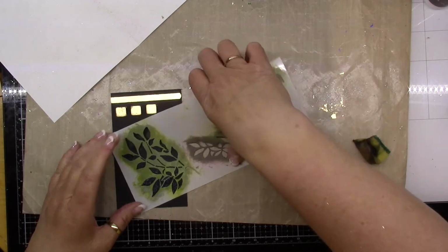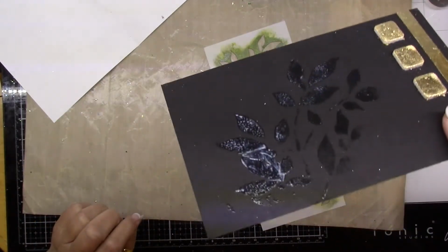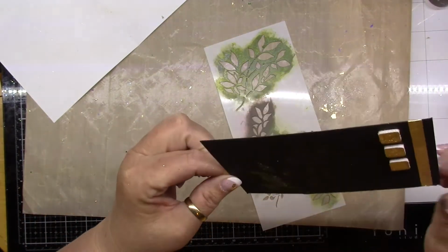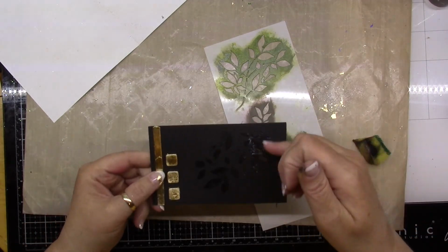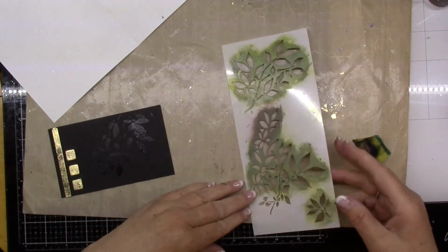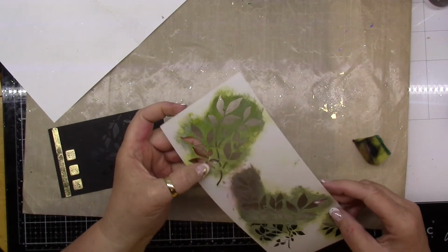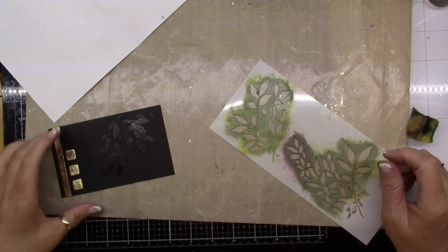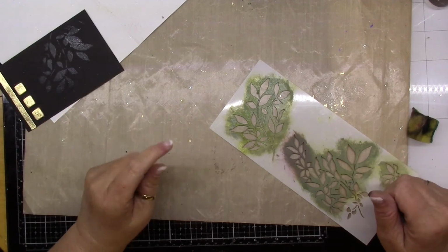Okay, that's a small piece, so it goes pretty quick. But yeah, you can see the glue's on there. And where my stencil was broken, I see I got kind of a glob, so it's not going to come out in very good detail there, but we'll try it anyways and see what happens. I must have cleaned my stencil a little bit too aggressively, so it's got a break in it. But while that's just kind of tacking up,